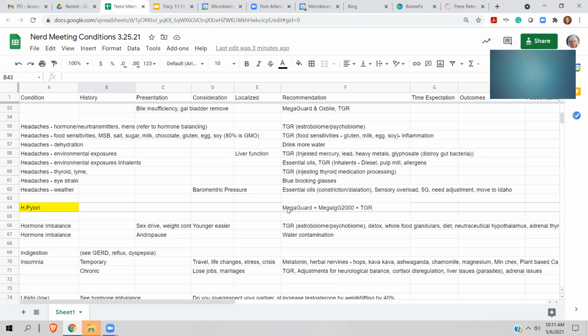We find that in more situations than not, there's not a lack of stomach acid, or an overproduction of stomach acid. It's generally a dysregulation. The stomach acid is being overproduced when they don't need it and underproduced when they do need it. So you want to bring back the proper function of the stomach, and we can do that by calming down